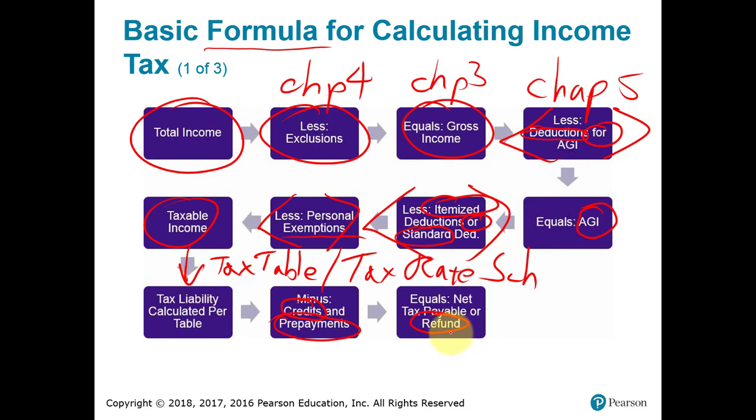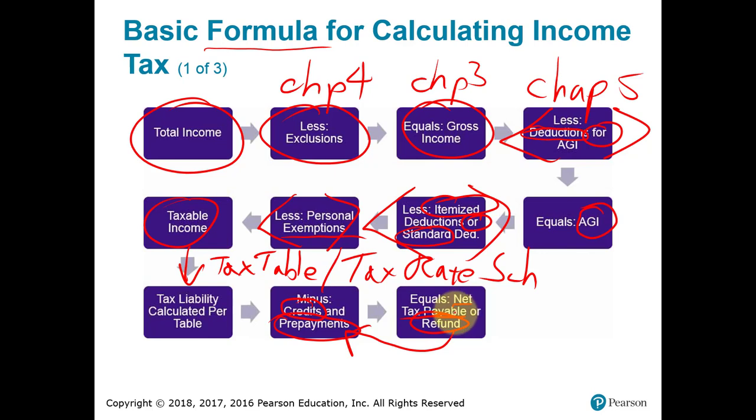The money that you get back from the government is called a refund. And maybe if you want to, you can apply it to next year's prepayments. Or most of us really like to get that windfall and spend it one time, right? I'll just blow it on one big thing. But if you still owe money after these credits and prepayments, then you have a net balance due or tax payable with the return. We learned that in chapter 1, if you pay this late, you may be penalized and